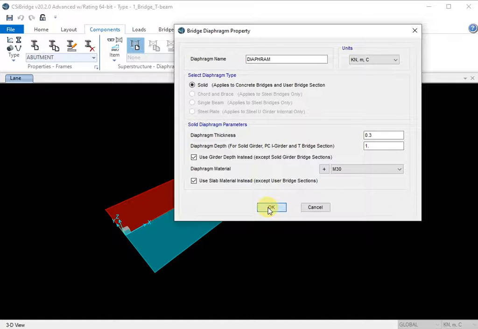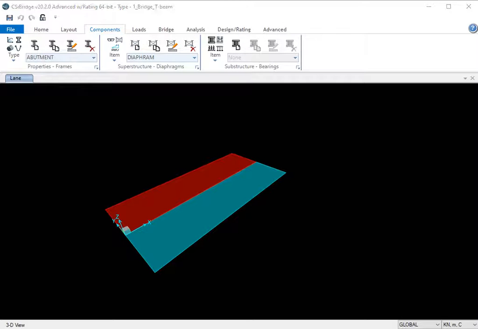So once you do all these properties and the diaphragm, then we can go to deck section. You go to deck section, and you can see this menu keeps changing every time. Once you change something, like the material, you see it changes here, frame section. So every time these icons will change based on the options you select. So here I have chosen the superstructure, that is deck section. None means you have not defined anything, and you go here to add new deck section. Here we are going to choose a T-beam section.